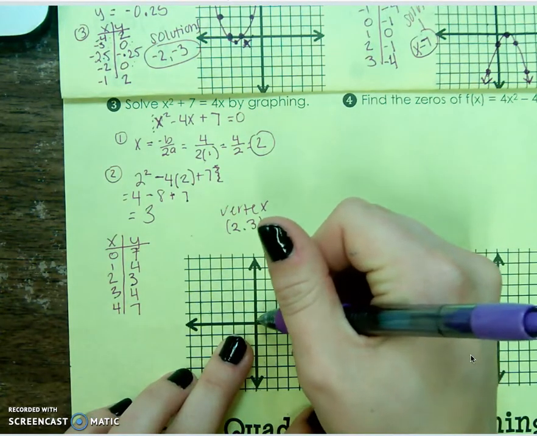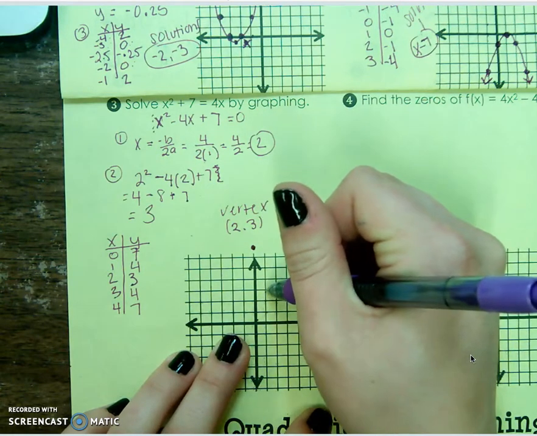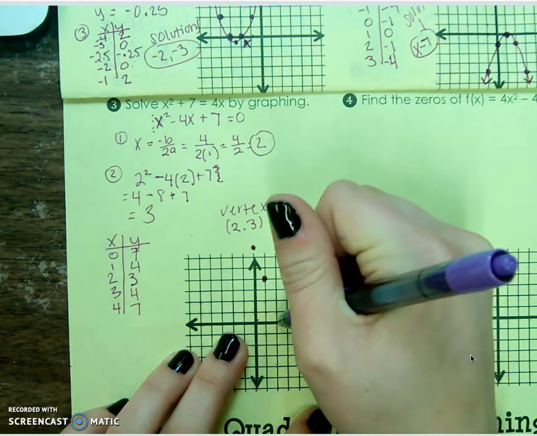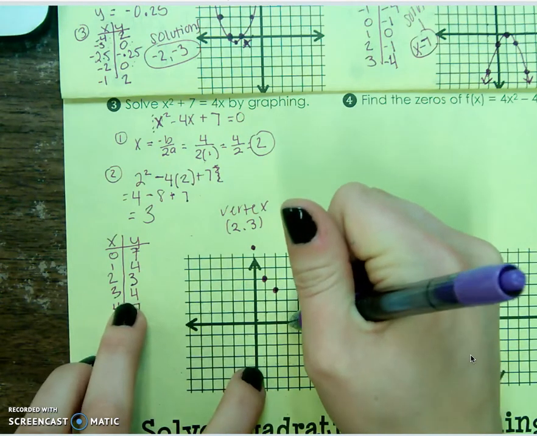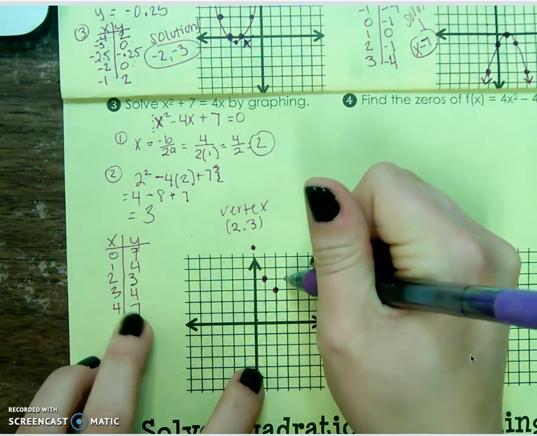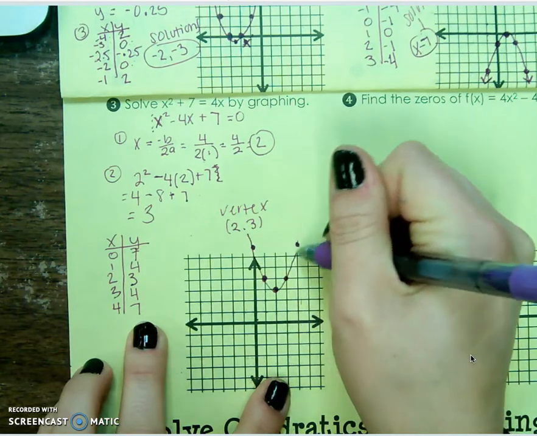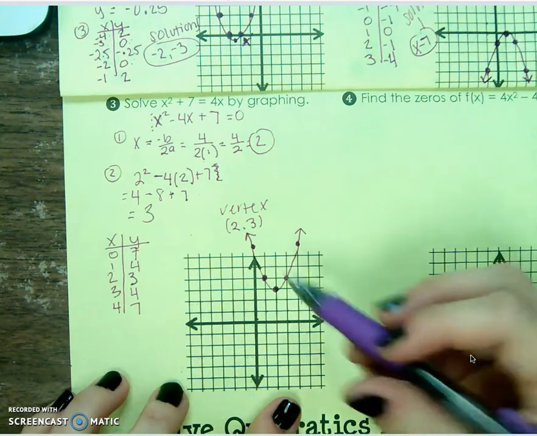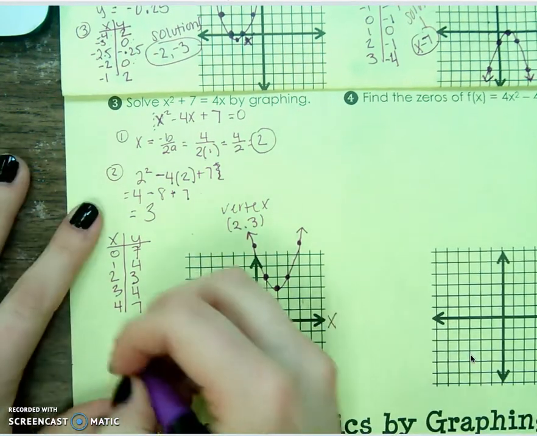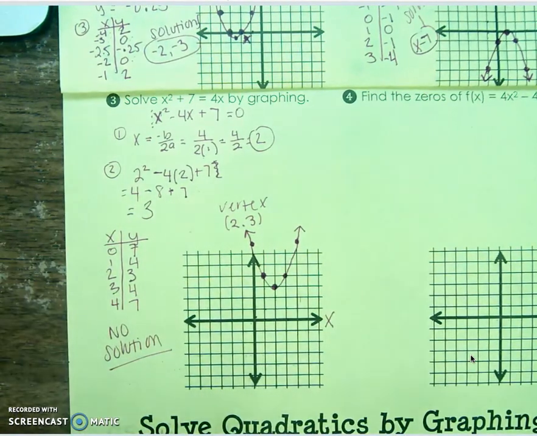0, 7, like here. 4, 2, 3, 3, 4, and 4, 7. Now, where does this parabola cross the x-axis? It does not. So there is no solution to that quadratic. Okay. And then the last problem,